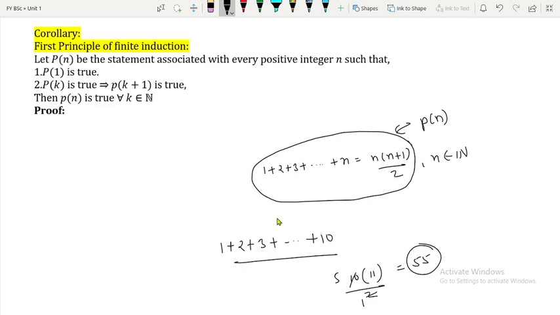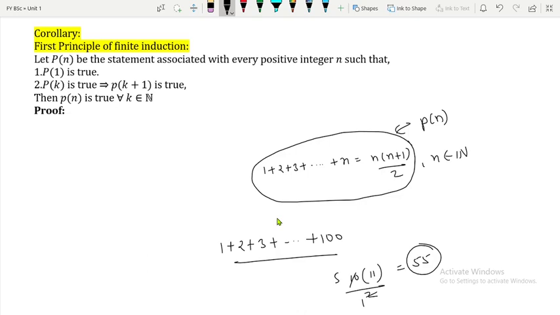You might have already seen this problem before, but it is the sum of only the first 10 positive integers. What if the other person is smart enough and tells you, tell me the sum of first 100 natural numbers? Then are you going to do it? For 10 it was easy, but what about 100? You are going to add 1 plus 2, 3, then 3 plus 3 is 6, then 6 plus 4 is 10, and you are going to continue. It will take plenty of time, but you can easily do it with the help of this formula. You simply put n is equal to 100 and you are going to get the sum. So, a very useful result, but how to prove it? And we can prove it with the help of mathematical induction, and that is the magic of this theorem.